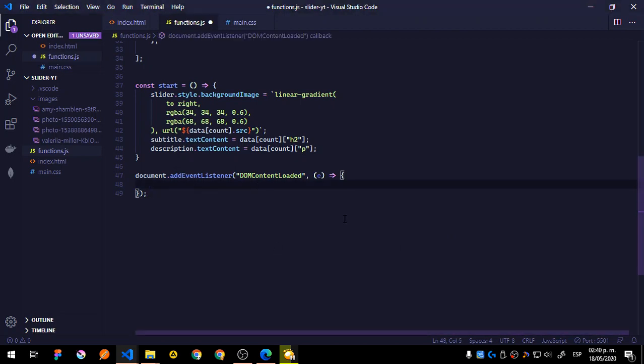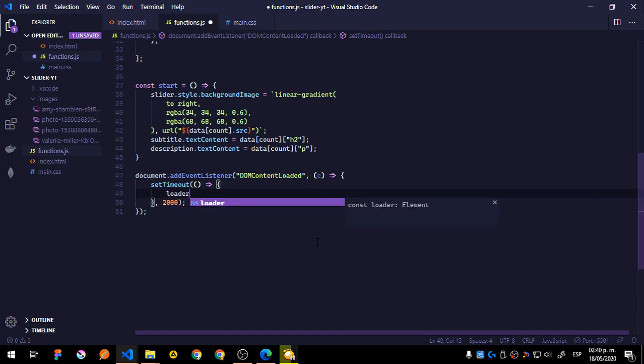Now the thing is that we're going to set a specific time of action. So first, setTimeout is going to take a function, and then, separated by a comma, the time we specify for this to work. What we're going to do here is to say loader.style.display